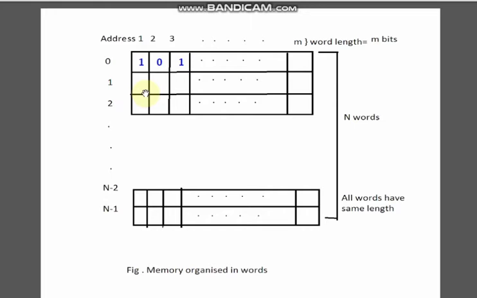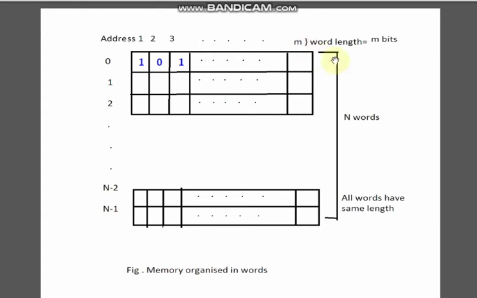Again for address 1, we call these index locations, addresses. Now again 1 bit, 2 bit, 3 bit, dot dot dot, a total of small m number of bits will be there. So that is again the next, second word. This row is the second word, this row is the first word, like this. The second word also comprises m bits. So the word length is m. So for all addresses, the word length is m bits for each.